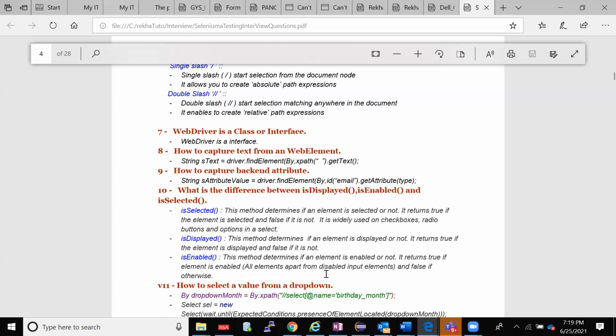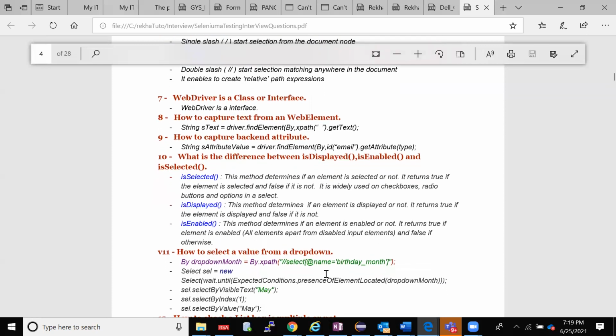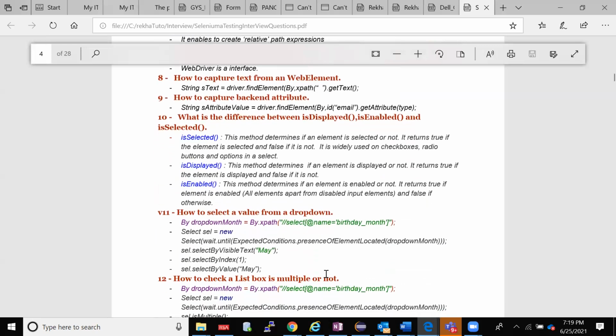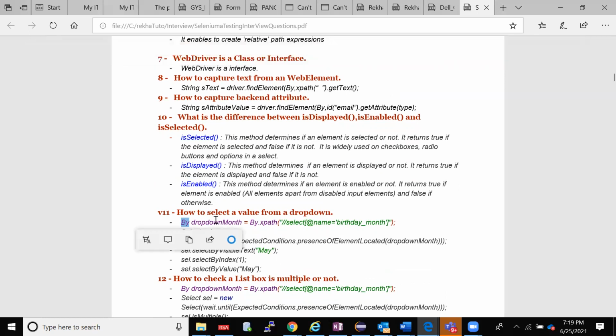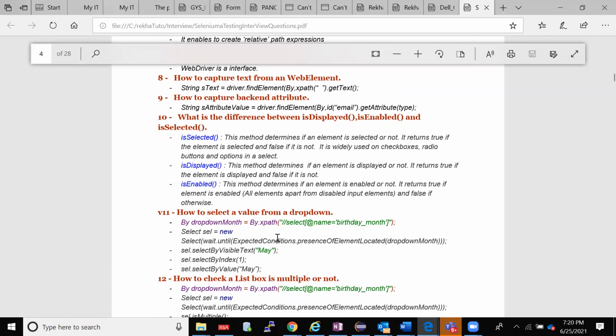So how to select a value from the drop down? Just assume the drop down has 28 states or a few cities. How will you select a value from those? We'll create an object of the Select class, find that element, and keep it in one WebElement.